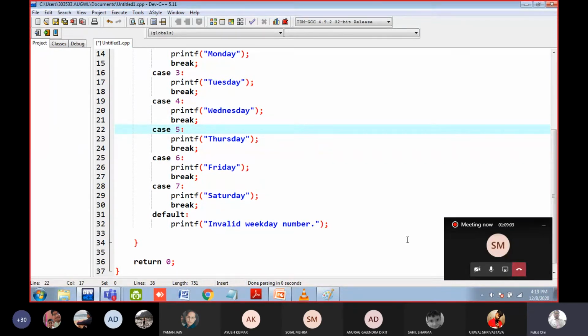So just do not copy paste the code. See the code, write on your own. If you get stuck, then you can take the help of my code. You can check out my screen. 3 to 5 minutes more I am giving you. Then I will tell you why we need to use break in the case. Switch and case will work together, or I will say switch, case and break will work together, okay? Never miss anything. Do not miss break inside the case statement. Whenever you write the switch, you need to write the case and break.